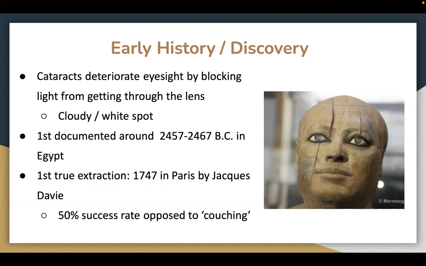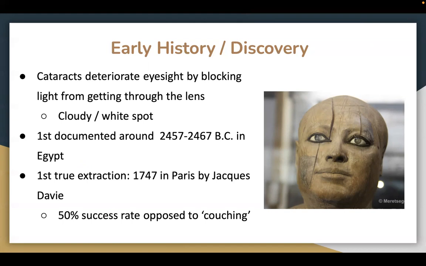The first cataract that was documented was in around 2457 BC. It was found in Egypt, and it was actually carved on a wood sculpture, the one on the right. And as you can see, the eyes have that cloudy whiteness on them, and that was the first depiction of cataracts on humans. The first true extraction of a cataract was done in 1747 in Paris, and this was